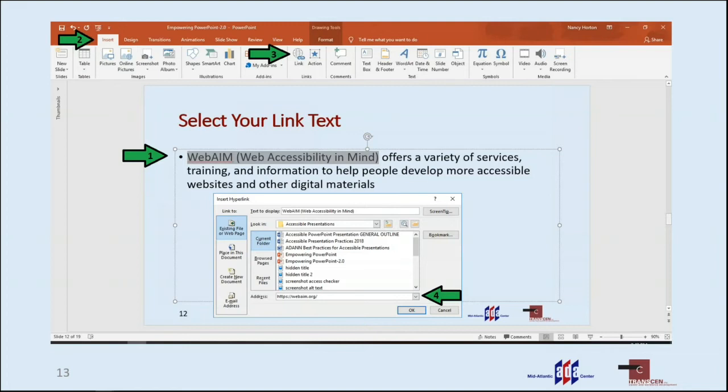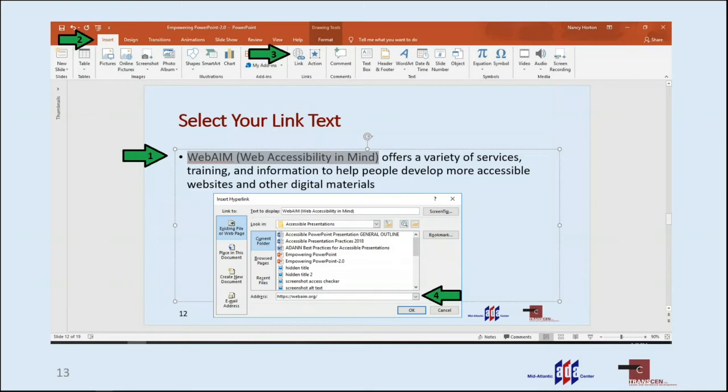And then you can either right click on it, or you can go up to the tab where it says Insert, look for where it says Link. It'll open a dialog box for you, and then you can paste directly into the address field in that dialog box. I recommend copying the link from its location and pasting it in there so you know it will be right. There won't be any typos.